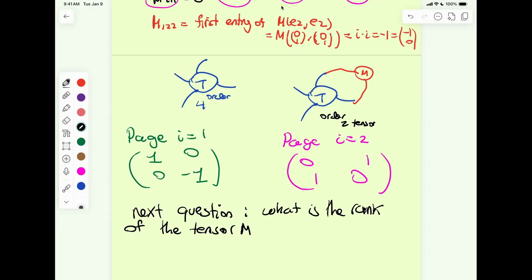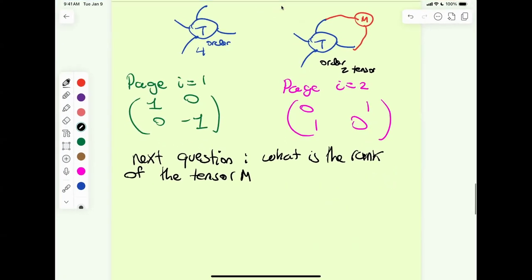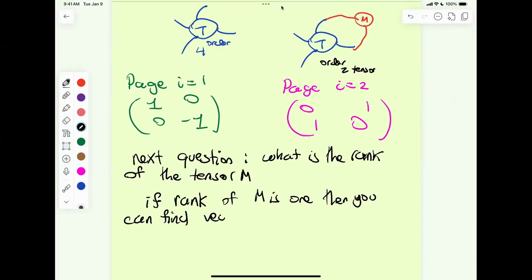Okay. So for example, I don't know if I already gave this as a problem, but I did write it on the PDF, and I do want you to try it out. For example, if you thought that the rank is 1, right? If the rank of M were 1, what does that mean? That means that you can find 3 vectors in R2, vectors U, V, W in R2,